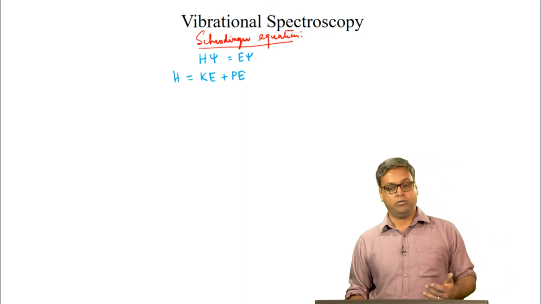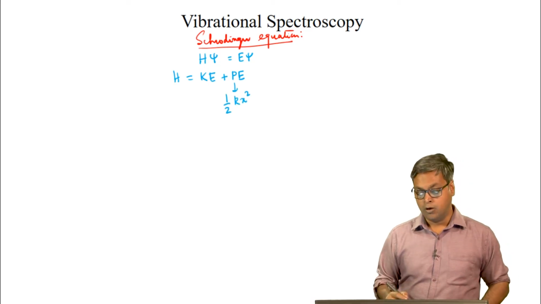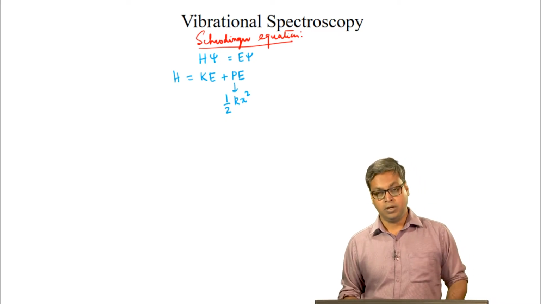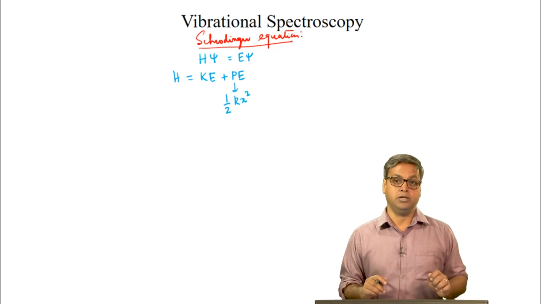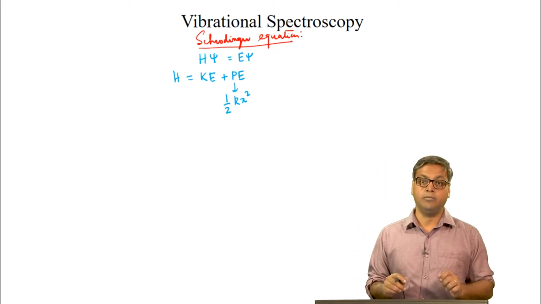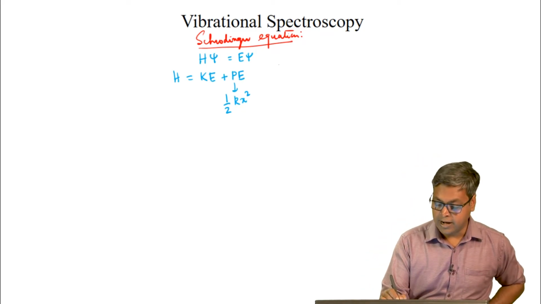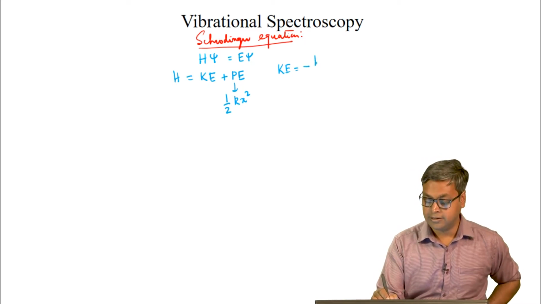We already know that the potential energy is half k x squared, where x equals r minus r equilibrium. The kinetic energy operator depends primarily on the coordinate system being used. So, we can write this kinetic energy operator as minus h cross squared by 2 mu